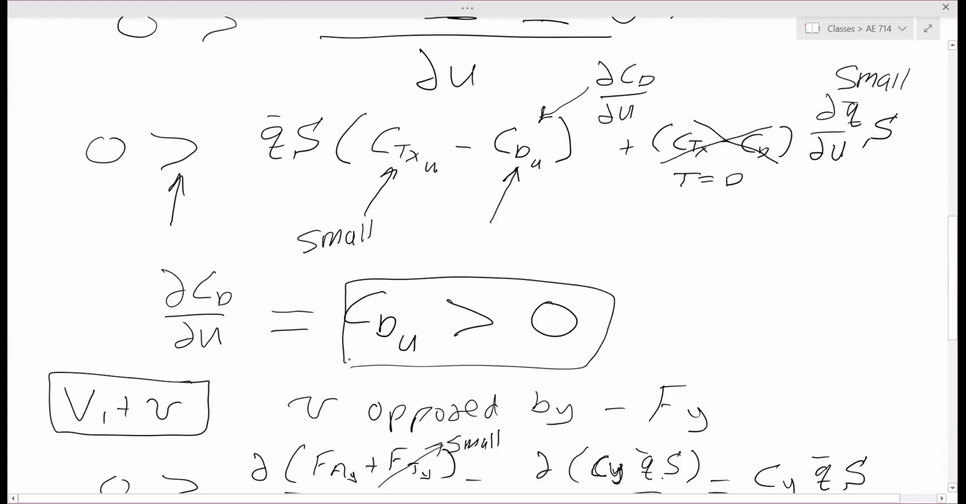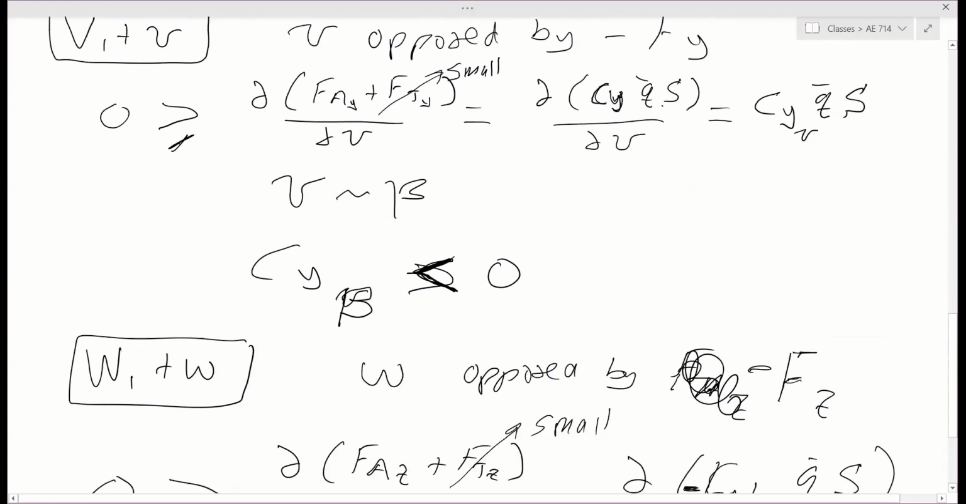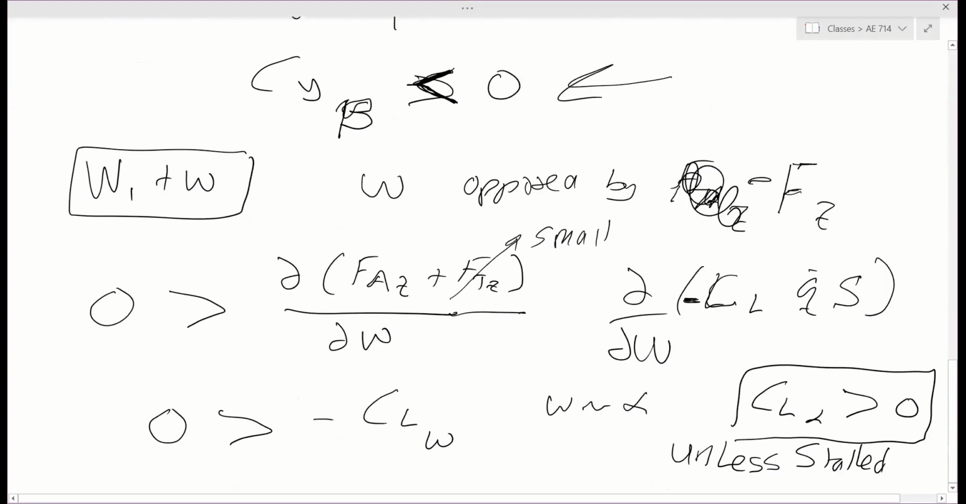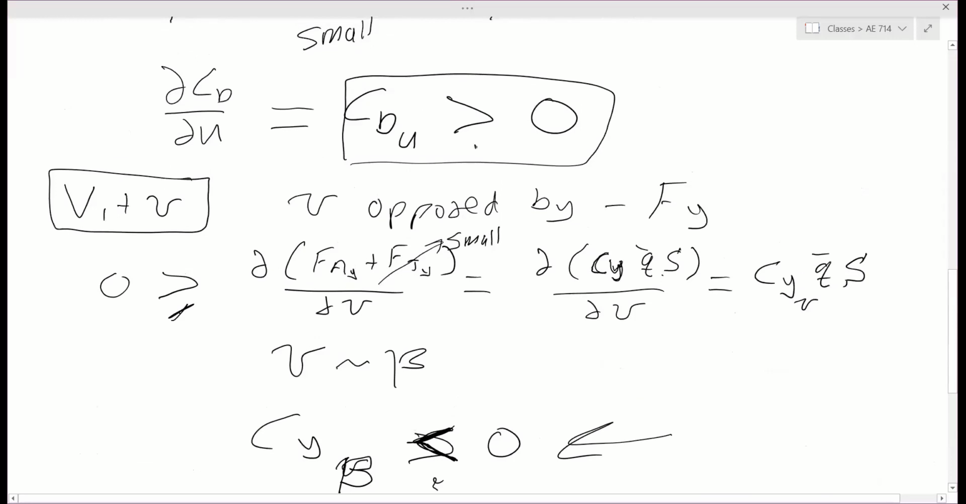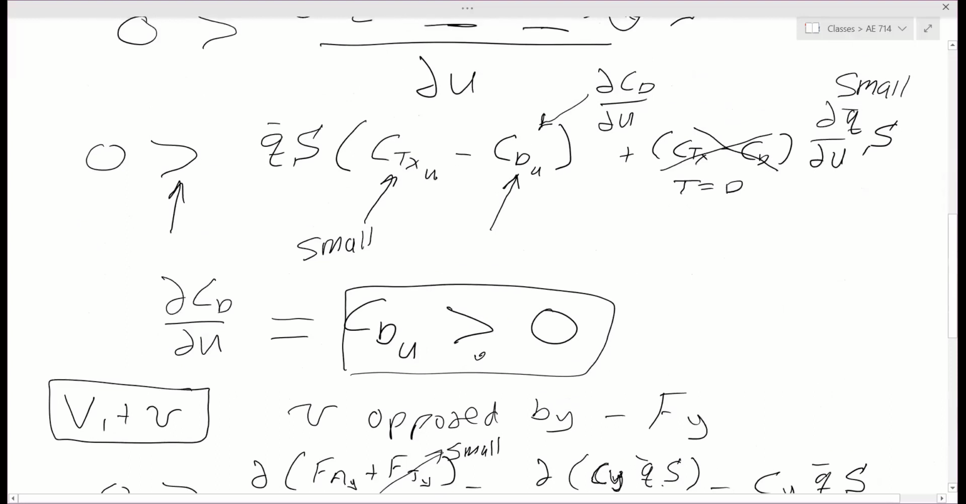So why is that one greater than 0? This one less than 0? And this one greater than 0? Because they're all, one of them is related to U, one's related to V, and one's related to W. Any ideas? Anybody have any idea what I'm saying? So this is greater, this is less, and this is greater. So what caused the flip in the sign in these two